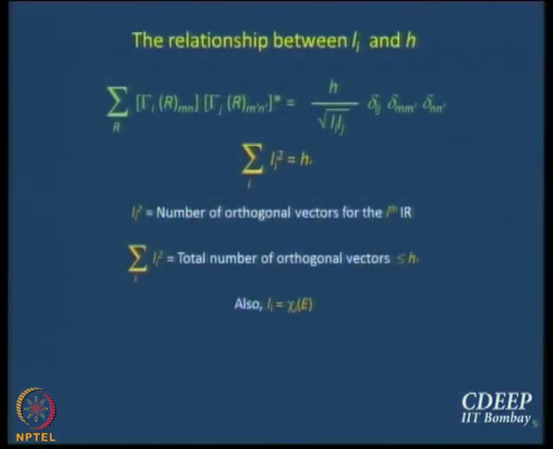So H is really the upper bound on sum over i of Li square, but in this case at least we can show that sum over i of Li square is equal to H. The inequality is actually an equality here. We will come back to the derivation after mid-sem. There are a few things that I need you to remember. Sum over i of Li square equal to H, that is point number 1.